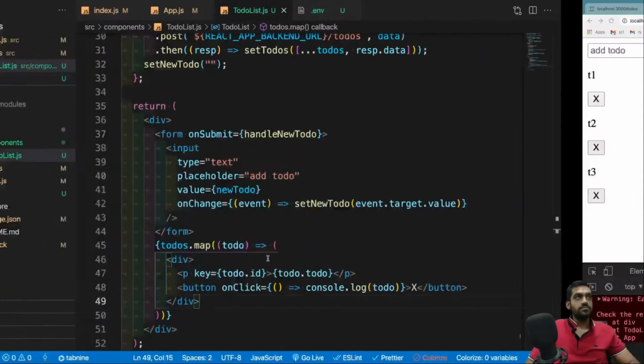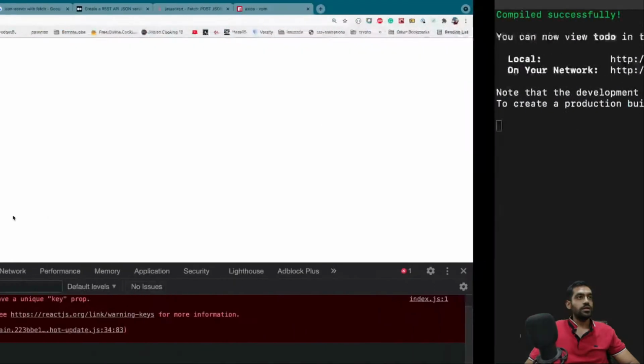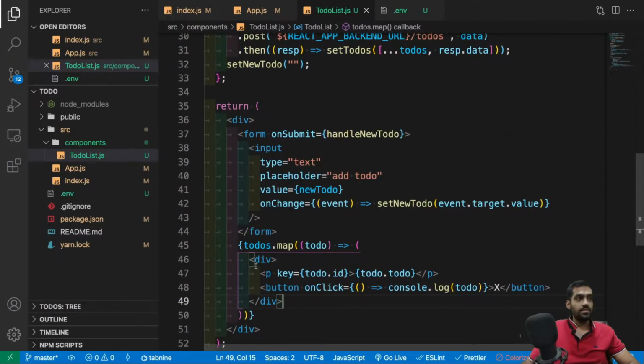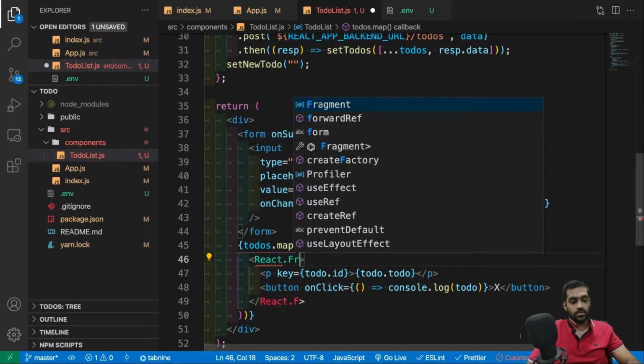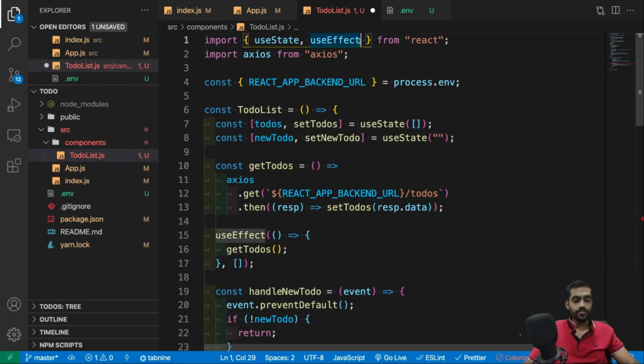But yeah, okay, div makes sense. Div is not a bad idea here, but I'm seeing if we can do something else. Okay, let's keep it div. But if we don't want to keep a div, we can just do this empty brackets thing, and this is called a fragment. Another way to write a fragment is we can do React.Fragment, or we can just import Fragment from React.